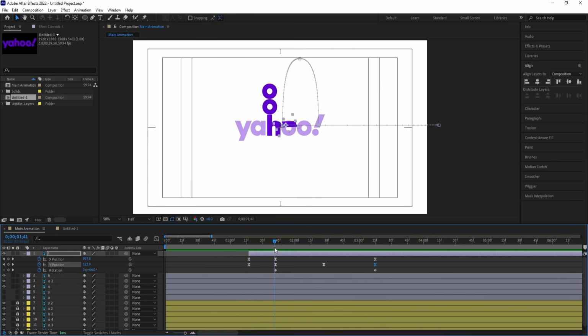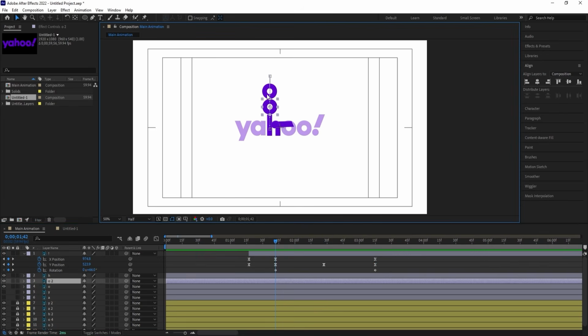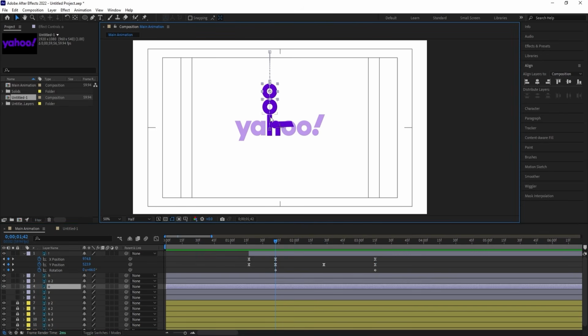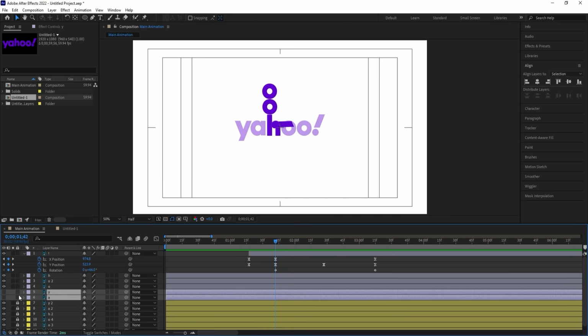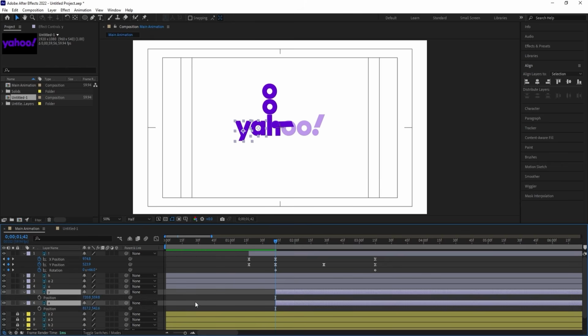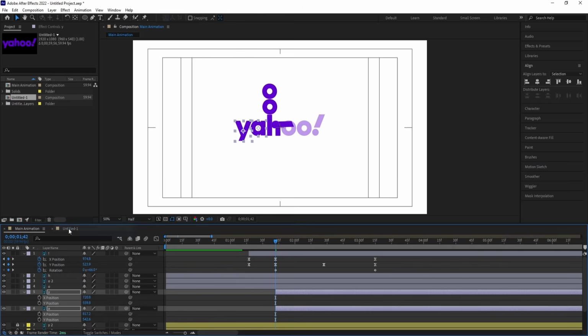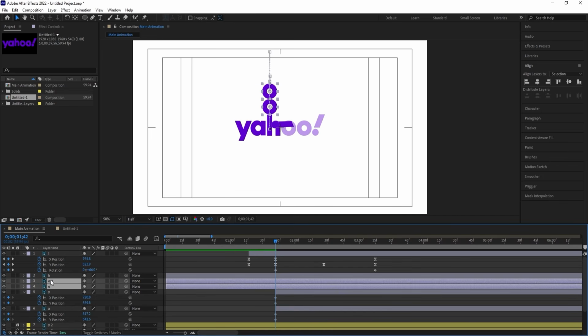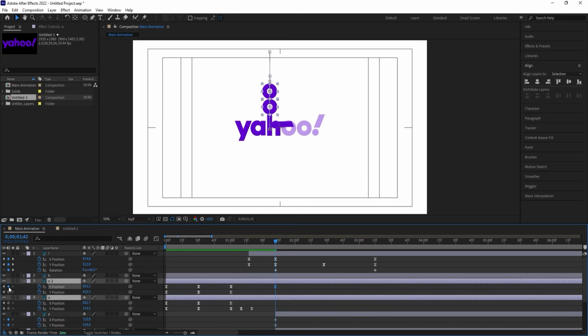Okay, now after that there should be animation for this O and this O, as well as this A and Y. Okay, so let's select this Y and A, and let's, with the help of open square bracket, move them over here, then press P for position, select those, right click and choose separate dimension. Let's create one keyframe at X and one keyframe at Y, then select this O as well, press P, create one keyframe at X and one